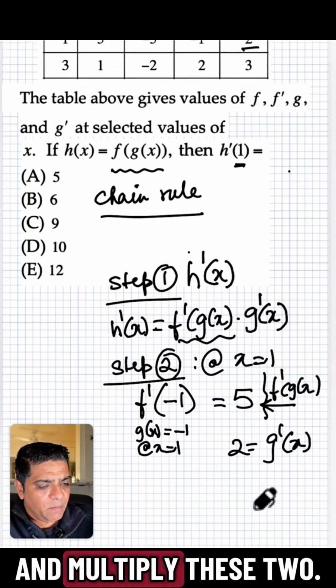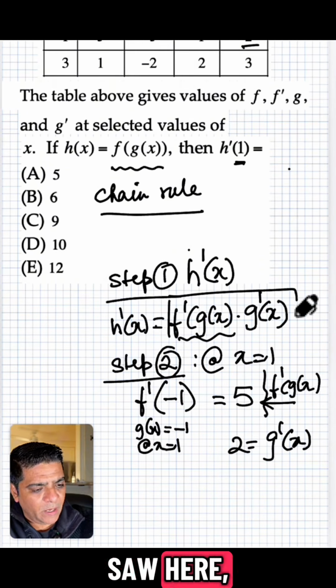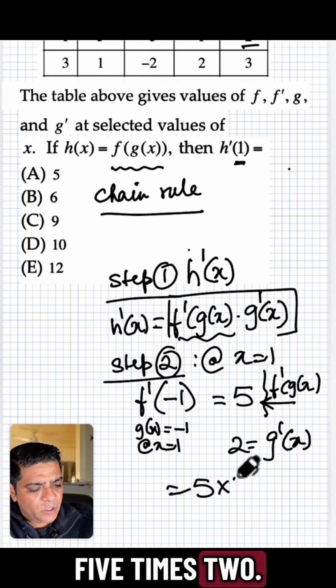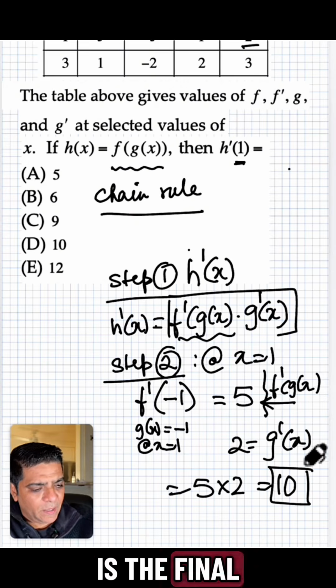So now we just go ahead and multiply these two, because the chain rule, as we saw here, is f prime of g of x and g prime of x. So that is going to be 5 times 2. So that is going to be 10 is the final answer, which is